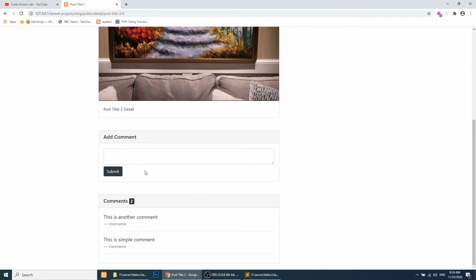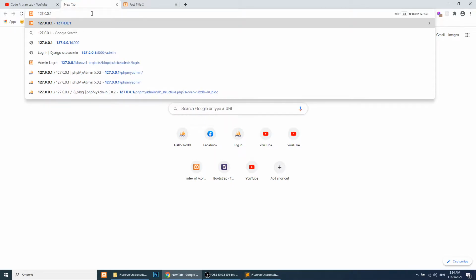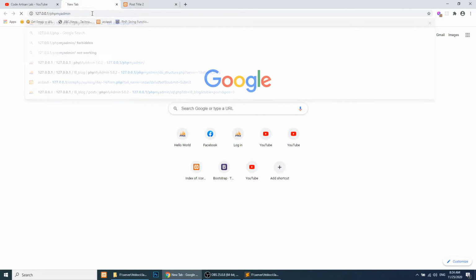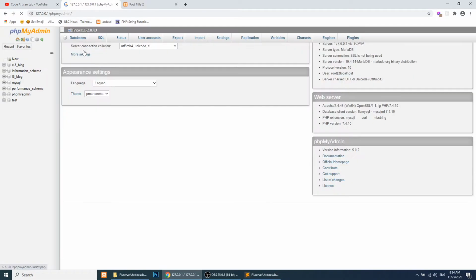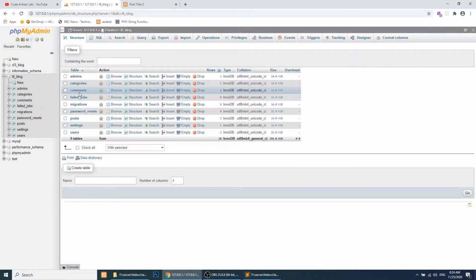Let's add the functionality of add comment, and here I will open phpMyAdmin so that we can observe which fields we require to save the comment. Here I have created the comments table.